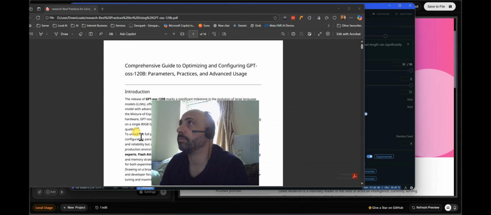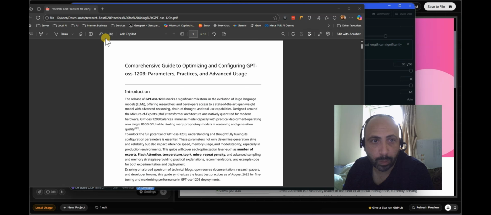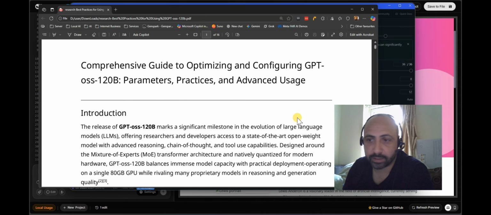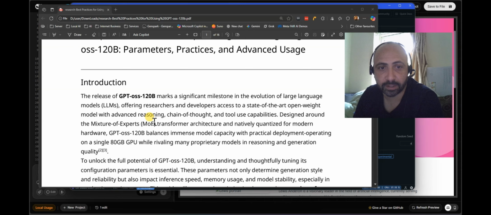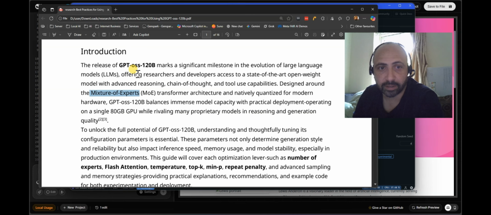So here it is. This is the guide to using, let me see if I can make that go wide. This is the comprehensive guide to optimizing and configuring GPT-OSS-120b. Right, so what I basically need to show you is it's a mixture model of experts, which allows you